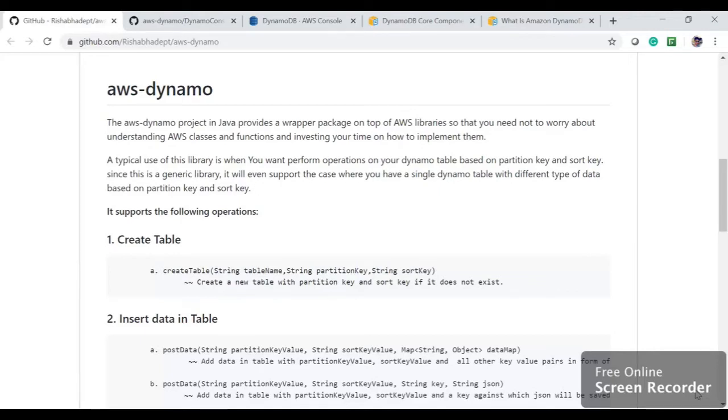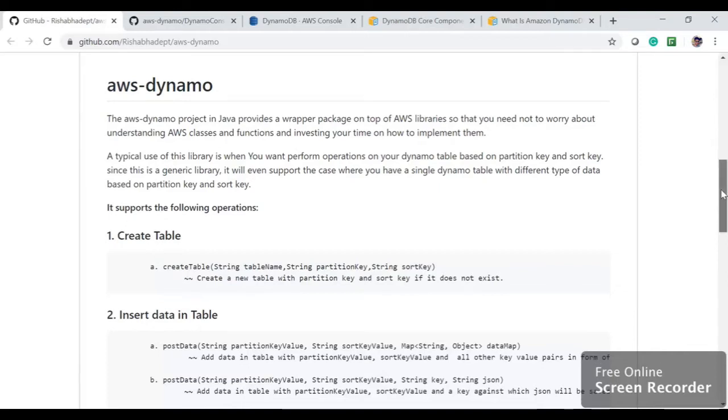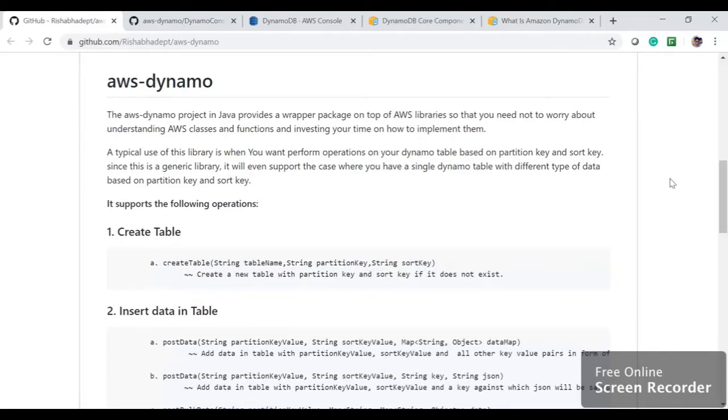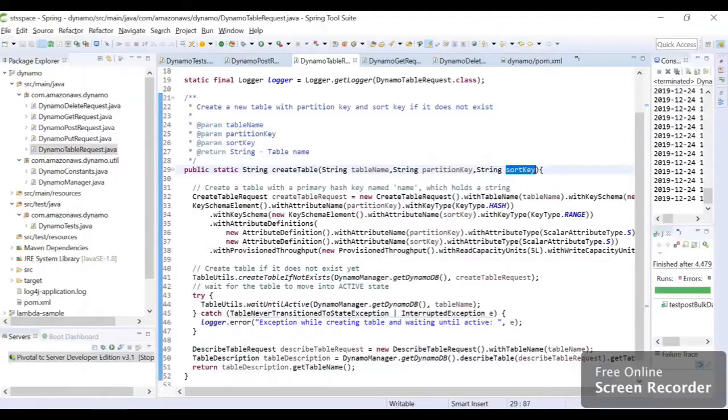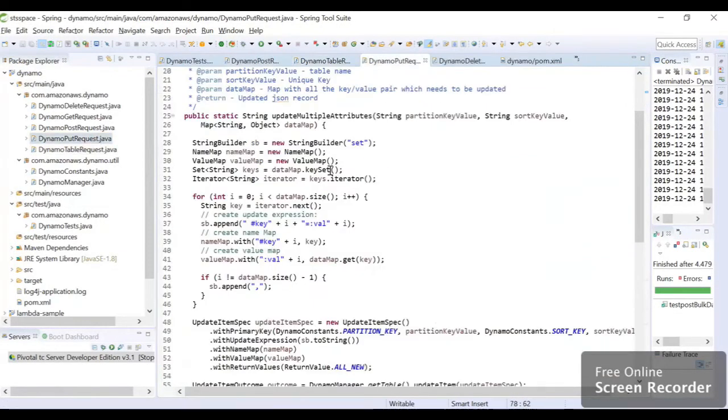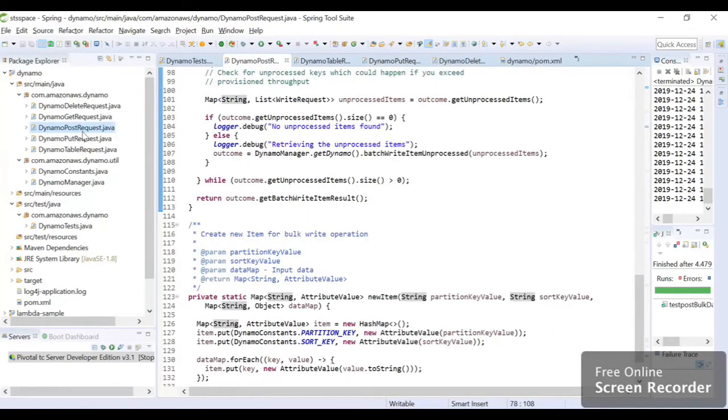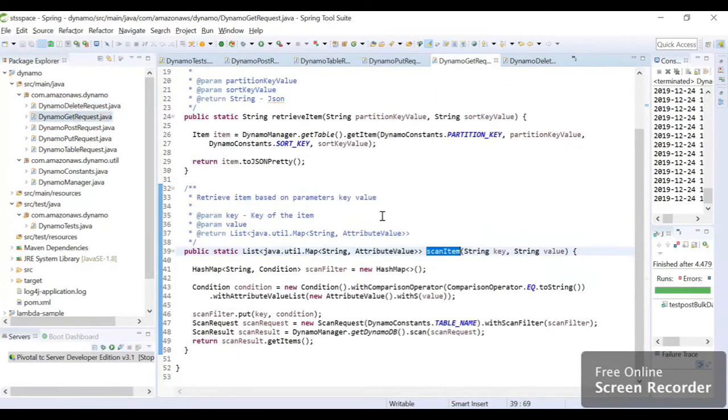AWS provides very good documentation for how we can access DynamoDB through Java code, but again that library is not straightforward. We need to write multiple lines of code to achieve any of the operations such as delete, insert or create table. So I have created a REPL library on top of that, which is available here, and in this REPL library I have wrapped up all the required code, for example for creating a table, or for updating, creating, deleting or getting any document. I have mentioned all those things here.